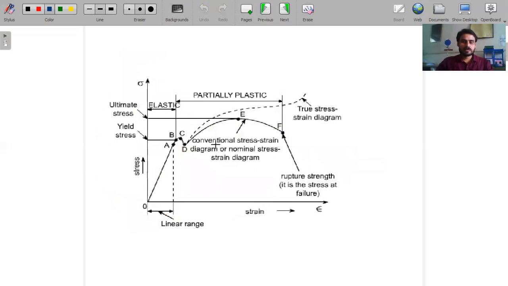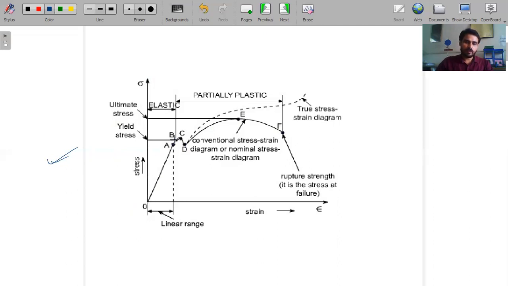After the completion of the test, we will get this type of stress strain profile for mild steel. Here a few points are important that we have to keep very clear in mind: the A point, B point, C, D, E and F. These are the important points in this curve. First one is O to A, the point of proportionality limit, the point of linearity. From O to A, the behavior between stress and strain is linear. The change in stress versus strain will be linear, so the line is straight.